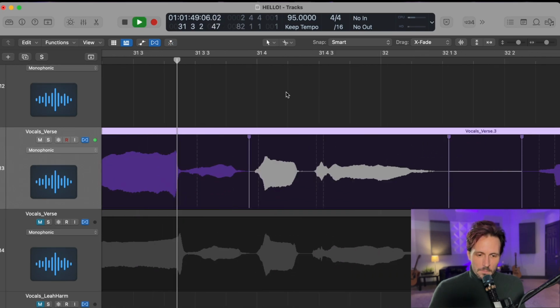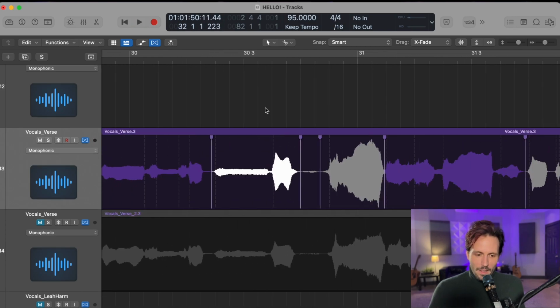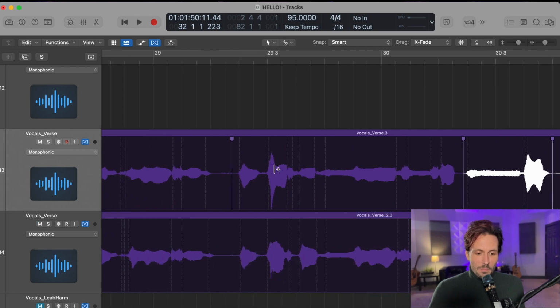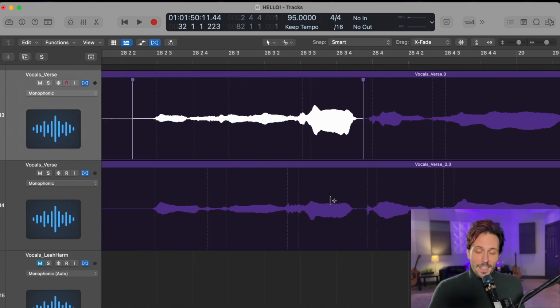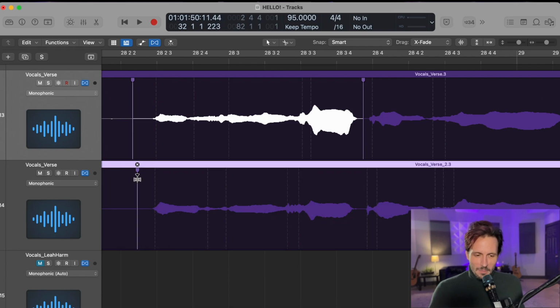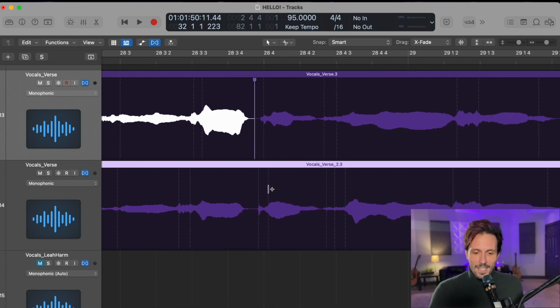Will never back down. I think that was fine. That was perfect. And then I just want to quantize this other one below it so that it matches. Me personally, when I'm editing a double or a triple, I don't care if I hear the little flex time artifacts just because when it's doubled and layered, it doesn't really matter. But for this video, I'm going to try to avoid doing it so that I can edit this properly and